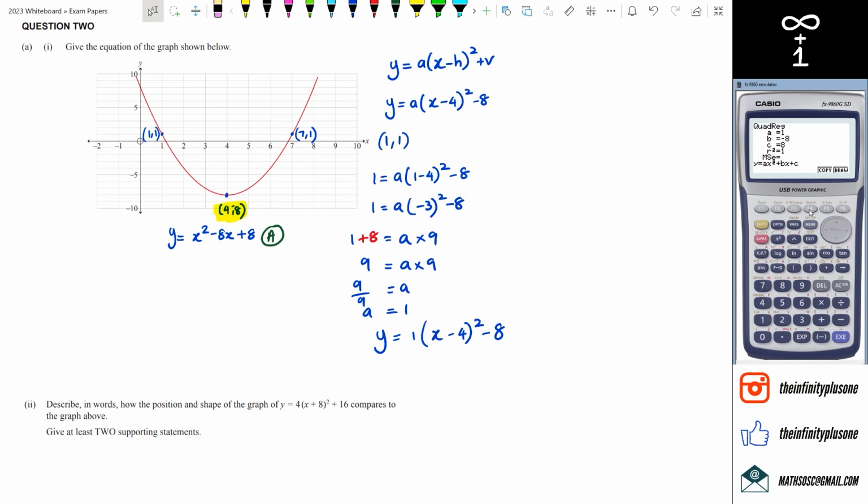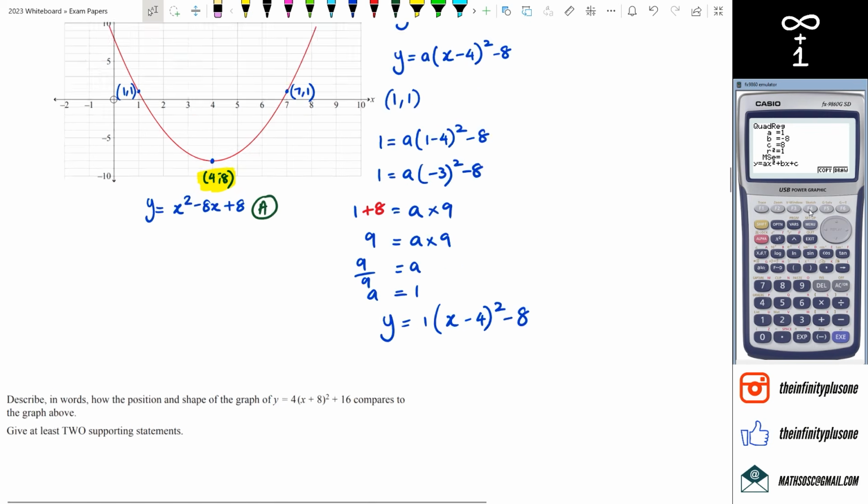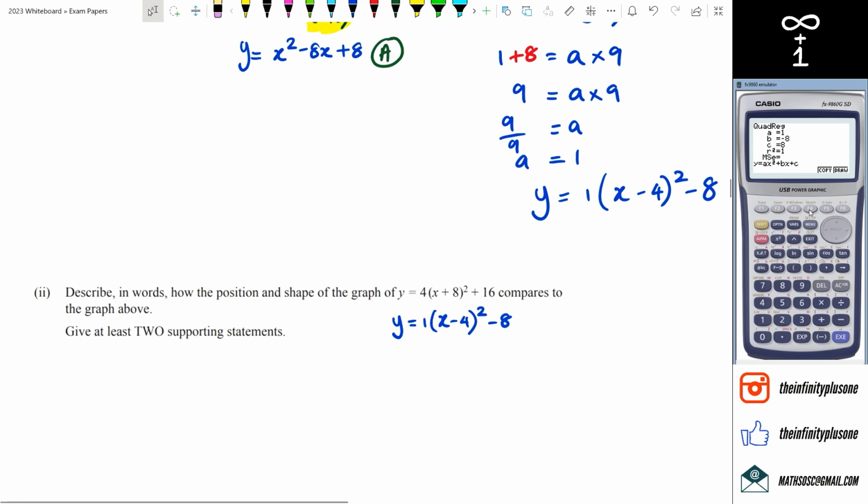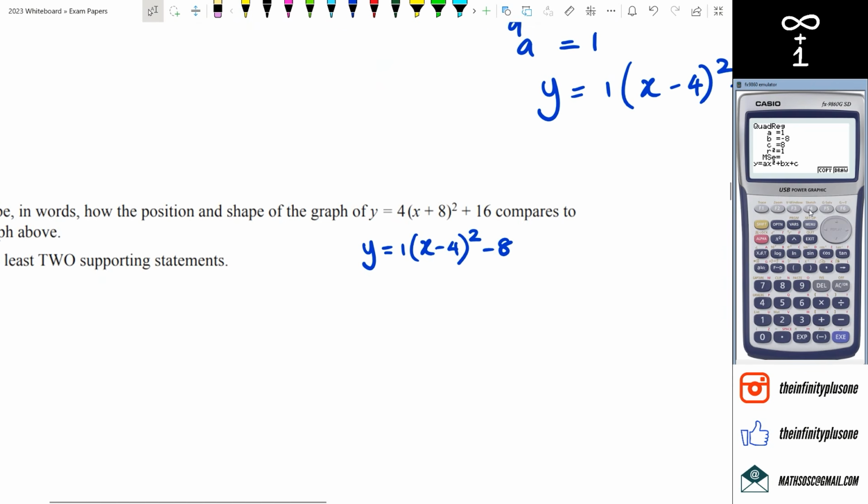And I guess this is where having this in vertex form really helps, because it's actually a lot easier to work from vertex form compared to the graphics calculator form. So with the vertex form, I'm just going to write it below here. This was the original equation. And so we can actually talk about a few things here when you have it in vertex form. The first thing we're going to look at is the vertical shift. It's actually gone from minus 8 to 16. So we can actually write a